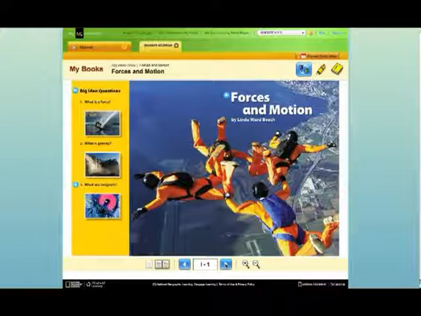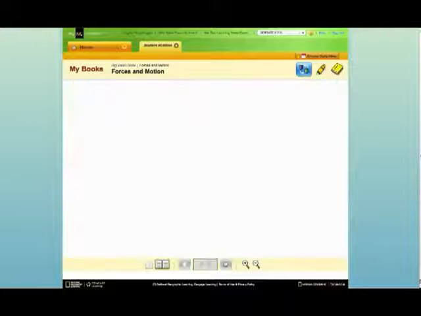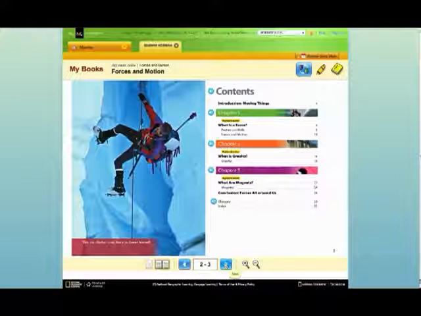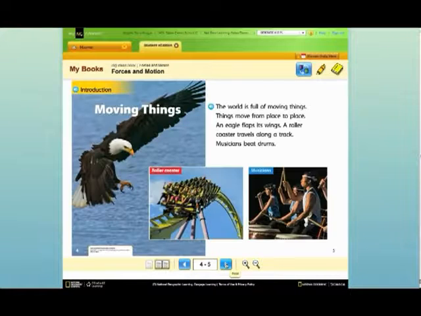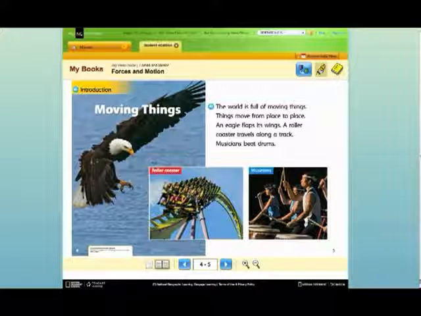Now that we've seen the video, let's go ahead and turn one page. When we turn one page in the student book, you'll notice the table of contents just exactly like what you have in your classroom. When online, these blue icons indicate audio support. Turning one more page, you'll also notice that your students can even highlight the text, as I mentioned earlier,